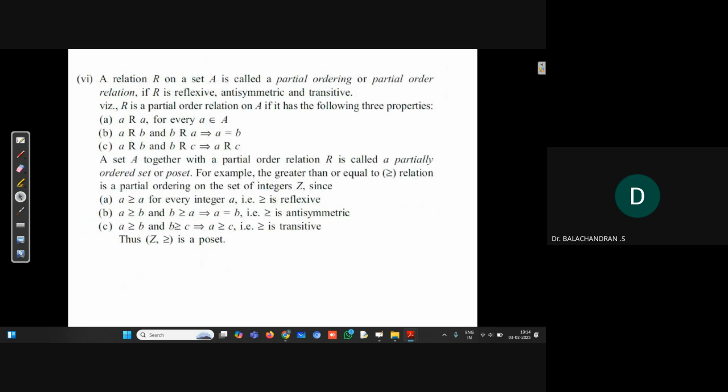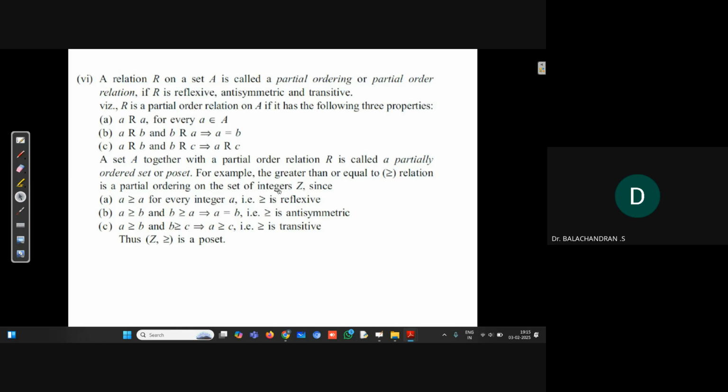This is also a class we discussed, and this problem I think I did correctly in the video. Here a relation R on a set A is called a partial order relation if it is reflexive, antisymmetric, and transitive. Here I gave one of the examples. Yes, the example is that the greater than or equal to relation is a partial ordering on